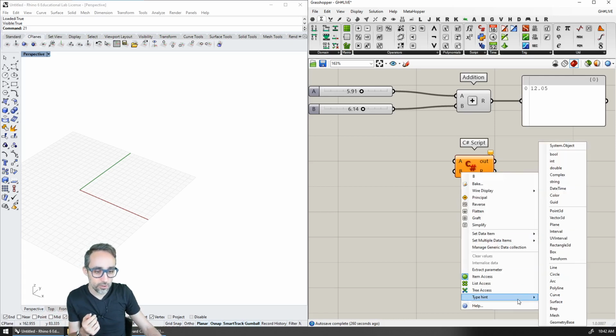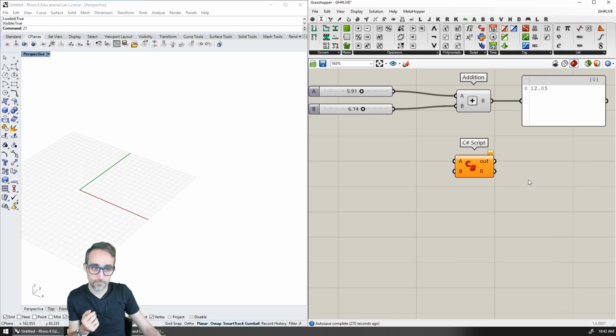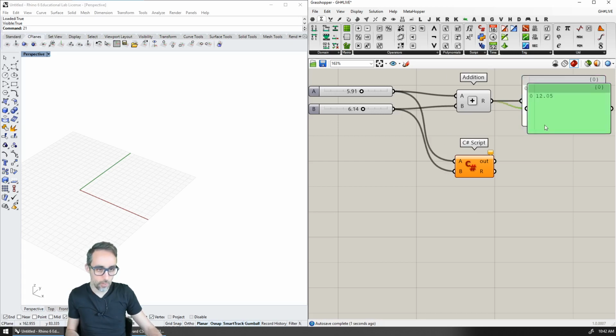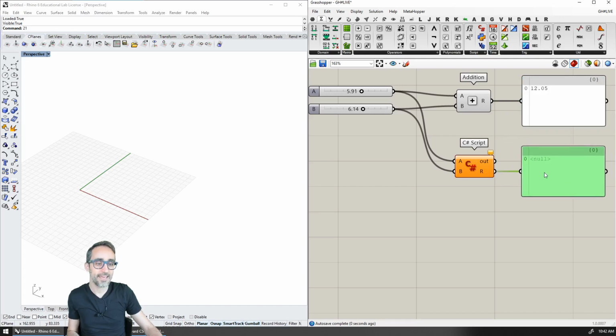I'm going to click on double for the other input B, and I'm not going to need to do item, list or data tree access for the output, nor do I need to specify the type of output, because that will be automatically defined inside of the component, and Grasshopper will take care of that. So I'm going to plug in these two inputs here. I'm going to copy paste this panel here, and now I'm going to go in and start writing my code